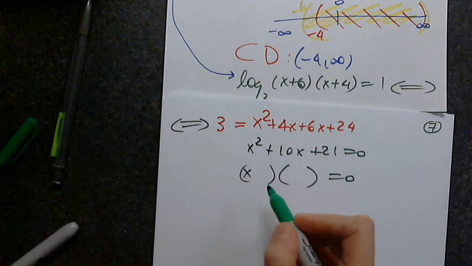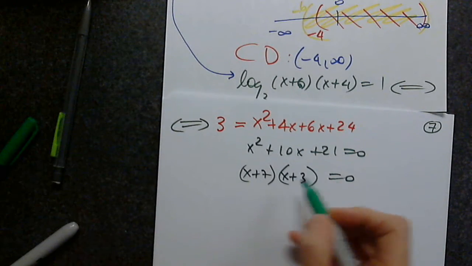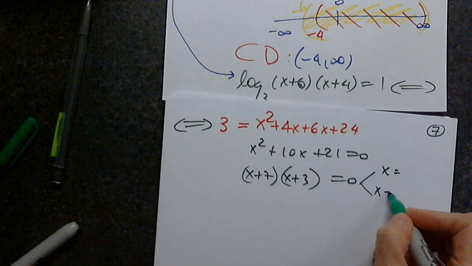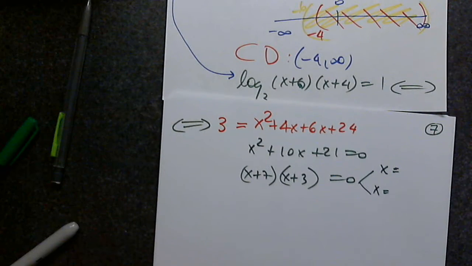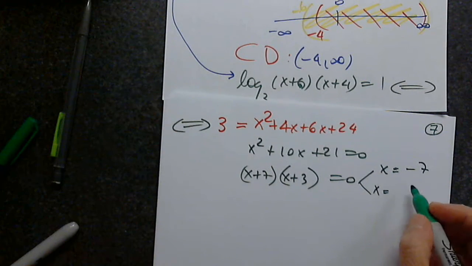x plus 7, x plus 3. Awesome. So then we are using the zero product principle, and we get